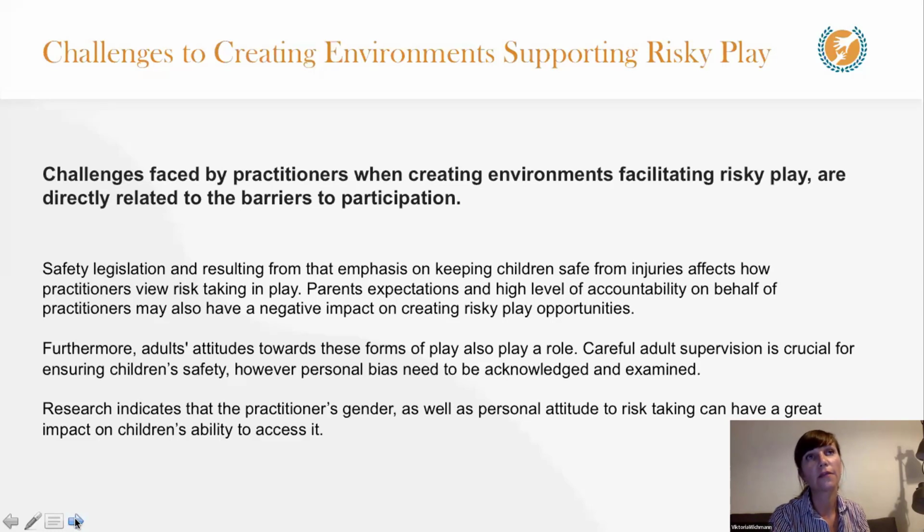But if the setting doesn't have that culture, then it's very difficult to create these opportunities and to have positive things to say about risky play. And this, I think, the linking with the safety legislation, is one of the biggest challenges.